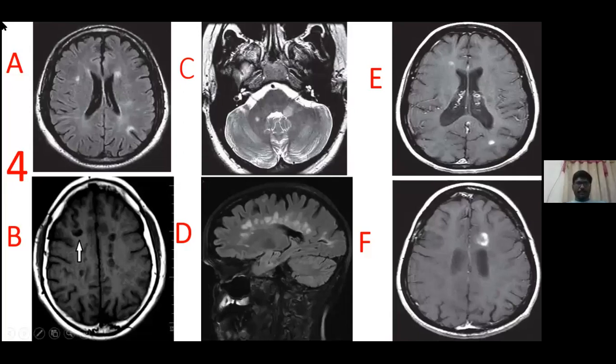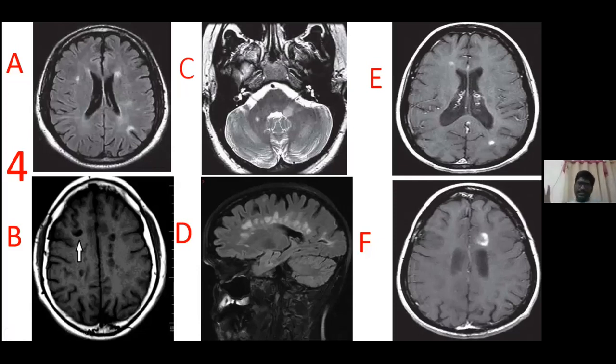Here you are able to see hyperintensities in the juxtacortical area and also in the periventricular area. Whenever you see hyperintensities in the periventricular and juxtacortical areas, you go through some more sequences. Again, you see some lesions in the infratentorial area and some classic periventricular lesions, which look like Dawson's fingers, and also some incomplete C-shaped ring. Appreciate this image in F. This is the incomplete C-shaped ring. All these point towards a demyelinating lesion.